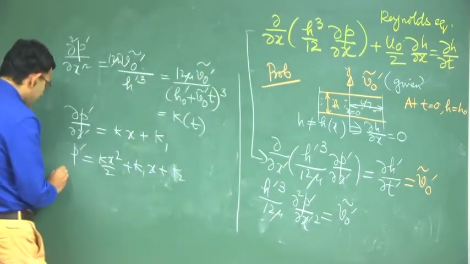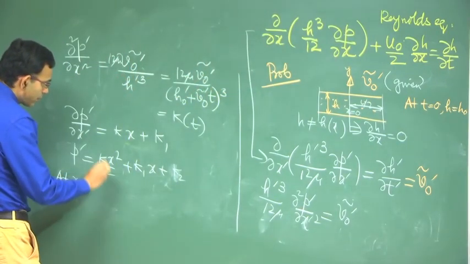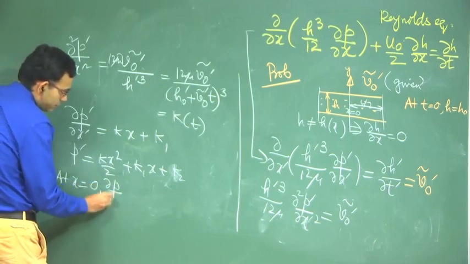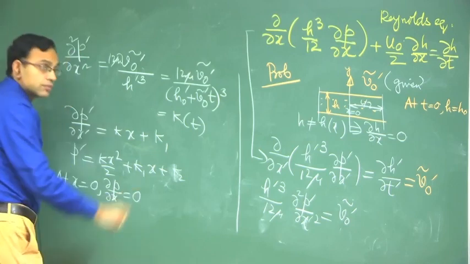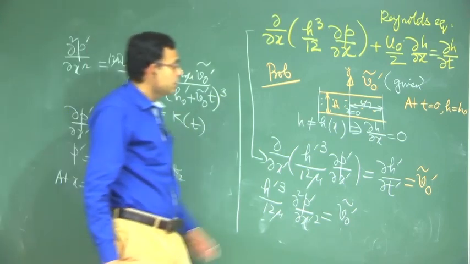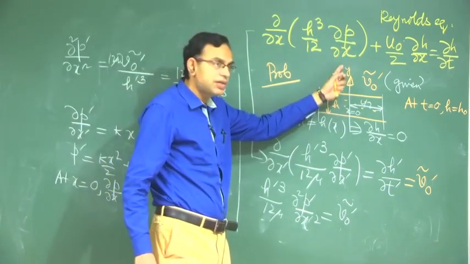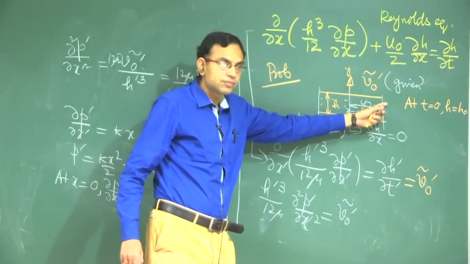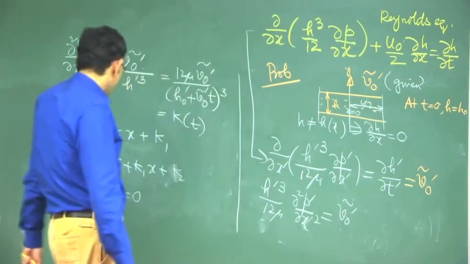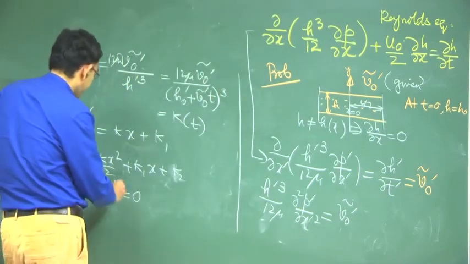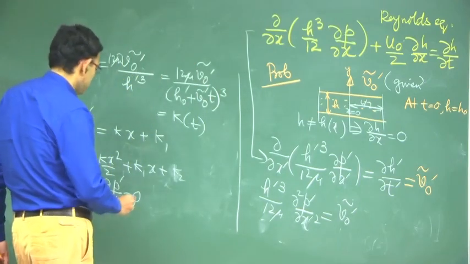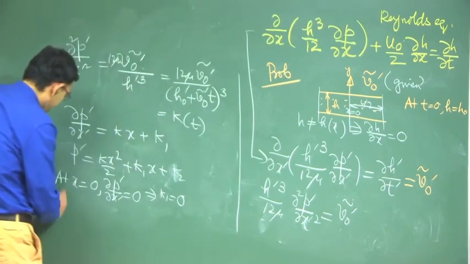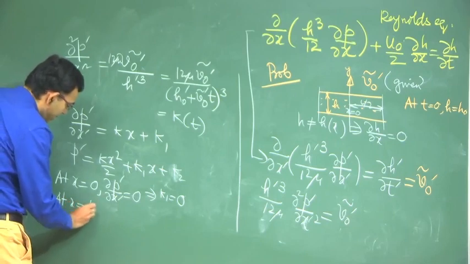So, at x equal to 0 you have, because the pressure has to be symmetric with respect to it, here it is atmosphere, here it is atmosphere, right. So, if you put that then you have K1 equal to 0 and at x equal to L by 2 or minus L by 2 whatever